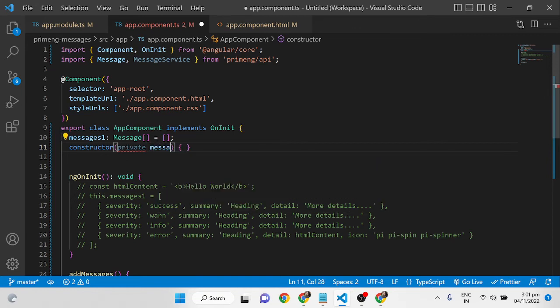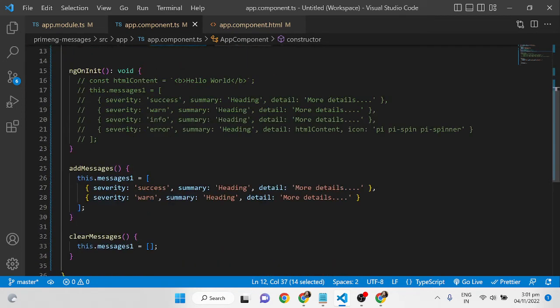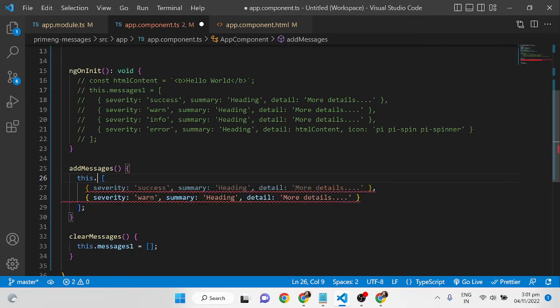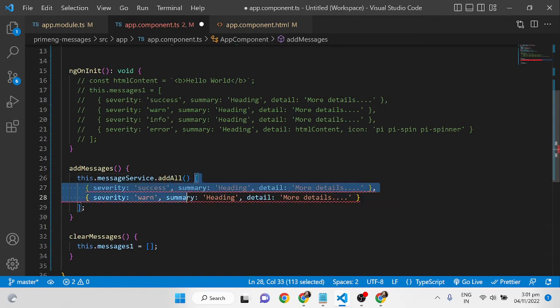Private message service, then this message service either needs to be provided at the component level or at the module level. So I'm importing it at the component level, saving it, and the next thing is, instead of doing the array thing, if you want to add multiple messages, you can give this.messageService.addAll, if you have multiple elements or an array of elements